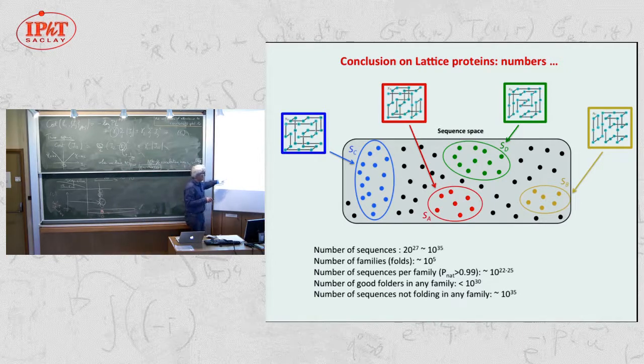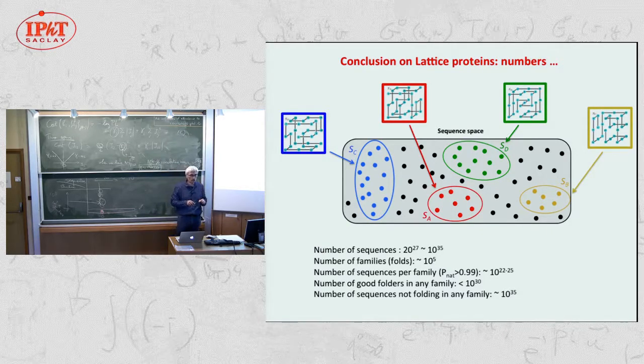Now, if you sum this up, if you multiply the number of families by the number of good folders, you get a total number which is 10 to the 30 at most. That means the number of proteins or sequences which actually don't fall in any family is exactly, or almost, the same as the total number of proteins. I mean, most sequences do nothing, and a very tiny fraction of them will fold in